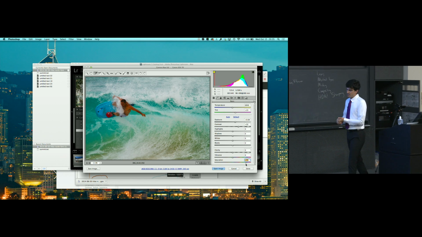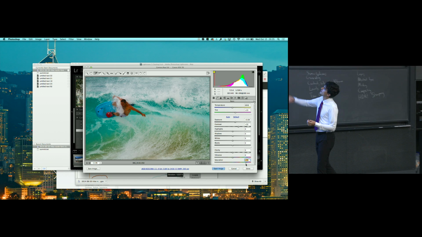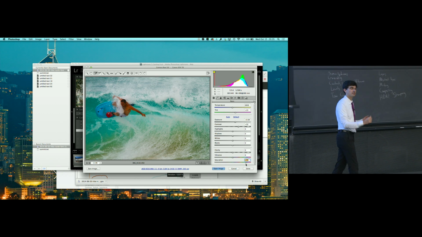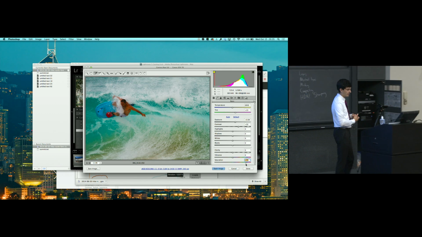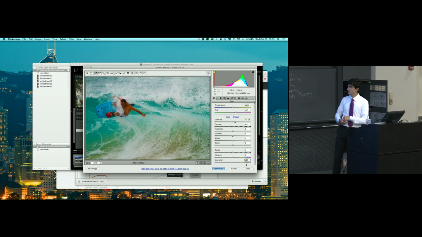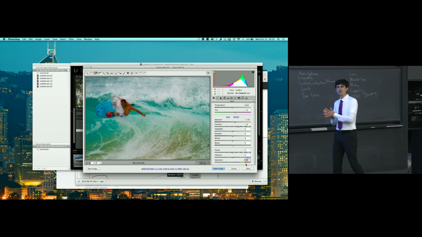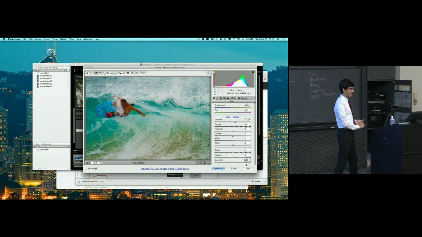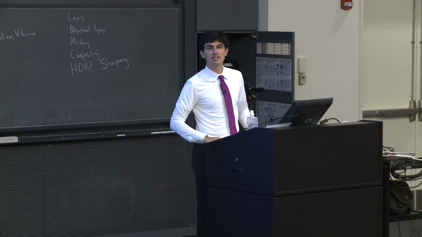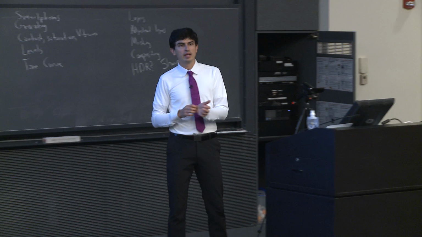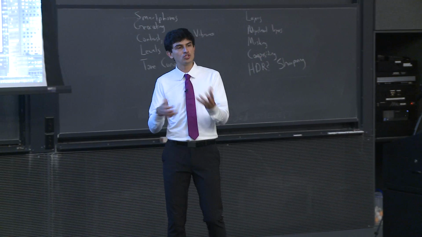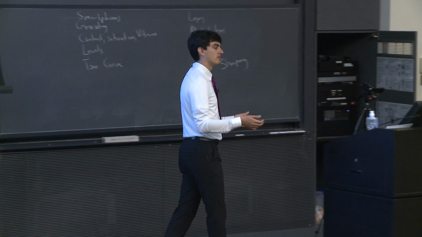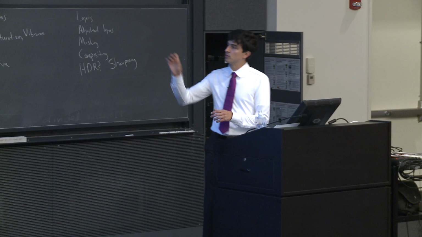Now, Adobe has some proprietary sliders as well. Saturation and contrast you will find in pretty much any software that allows you to manipulate images. Even on your phone, you'll generally have contrast and saturation sliders. Across Adobe's products, they have included this feature in recent years called vibrance or vivid or some word along these lines. And this does impact the saturation, but it does it in a proprietary way. I don't think there's been any official discussion from Adobe about what this actually does, but based on analyses that people have done online and just looking at it,